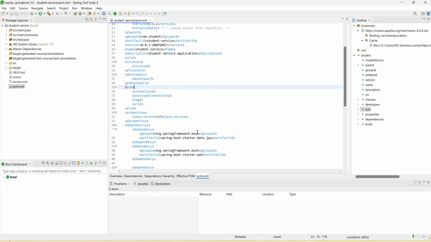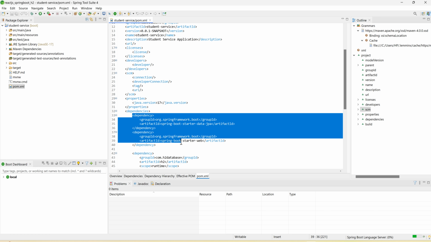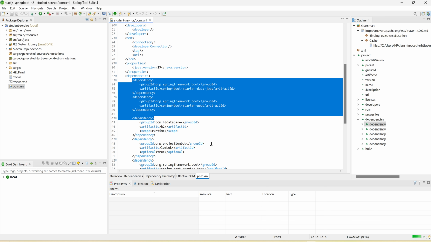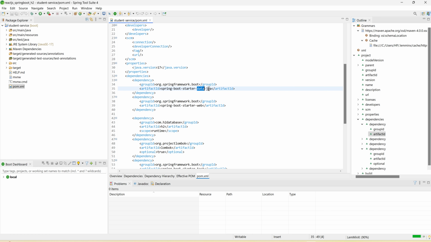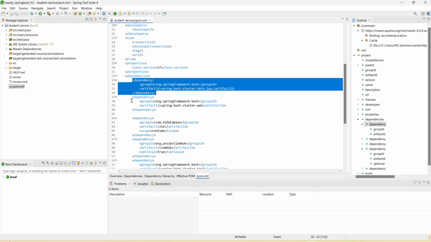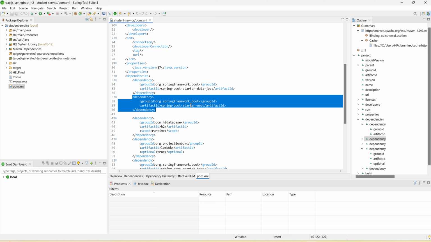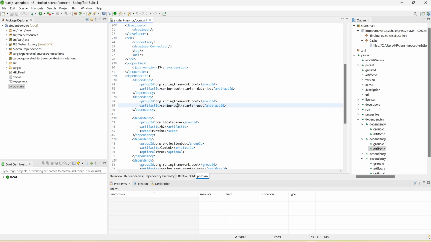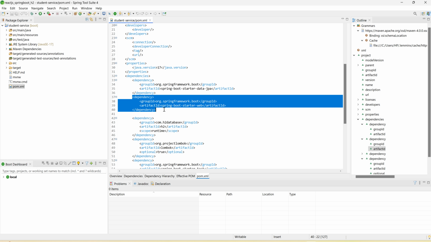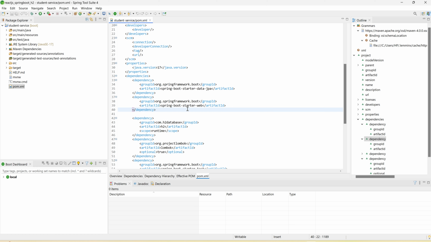Now here inside dependencies we can see whether all the dependencies are there or not. So this is Spring Data JPA, with which we can create entity objects and repository objects, and through which we can connect with the database. This is Spring Starter Web, with which we can make use of annotations like RequestMapping, GetMapping, PostMapping, DeleteMapping,